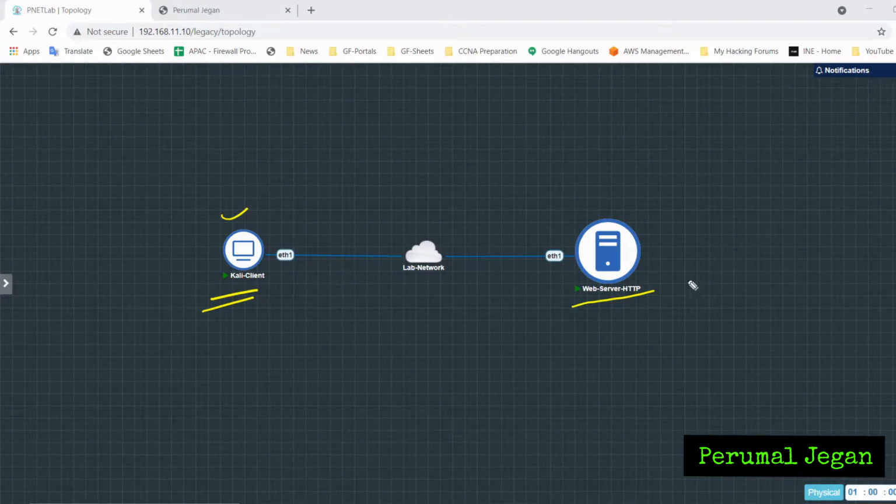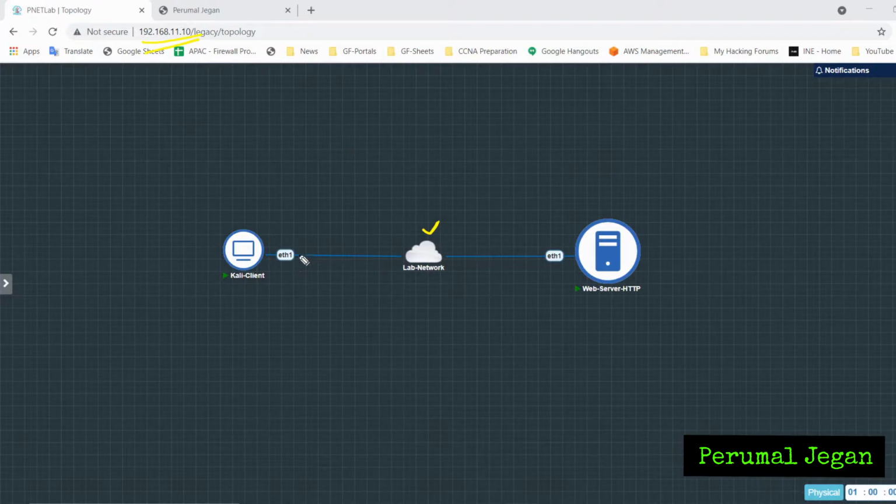As I explained in my previous video, HTTP is a plain text protocol, so there is no encryption. Keep that in mind. When we trace the traffic between the web client and the web server, we will be able to view the whole communication since it is a plain text protocol. And let me mention this network. This is my lab network, which is nothing but 192.168.11.0/24.